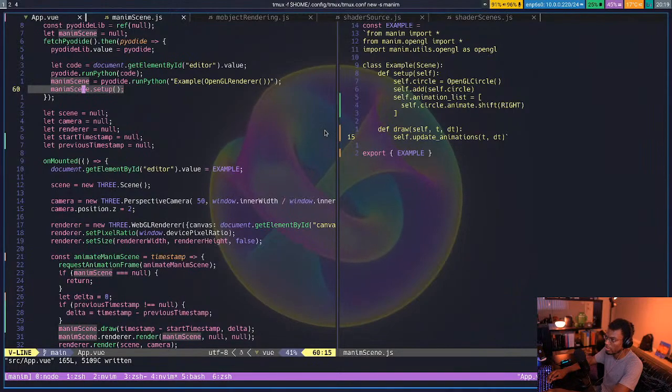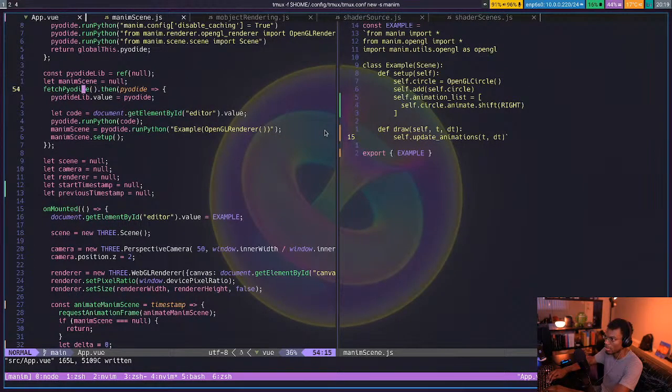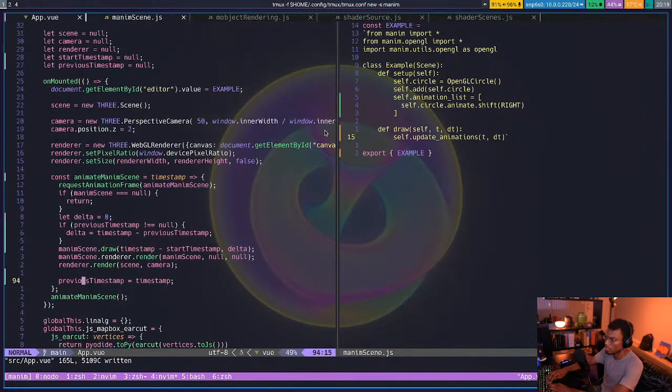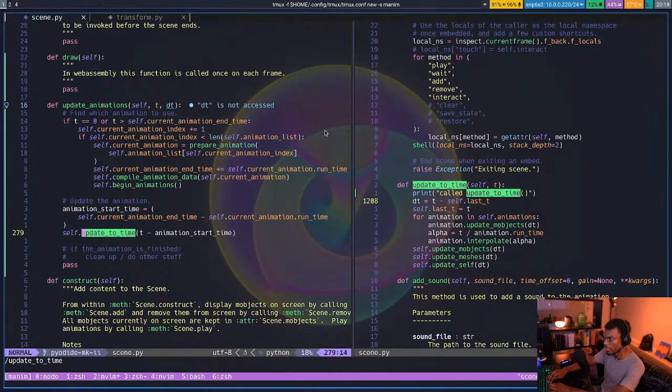So does ManaScene.setup Pyodide code run Python. Yeah, that's weird. For now, I guess I should set it up so that when I render,